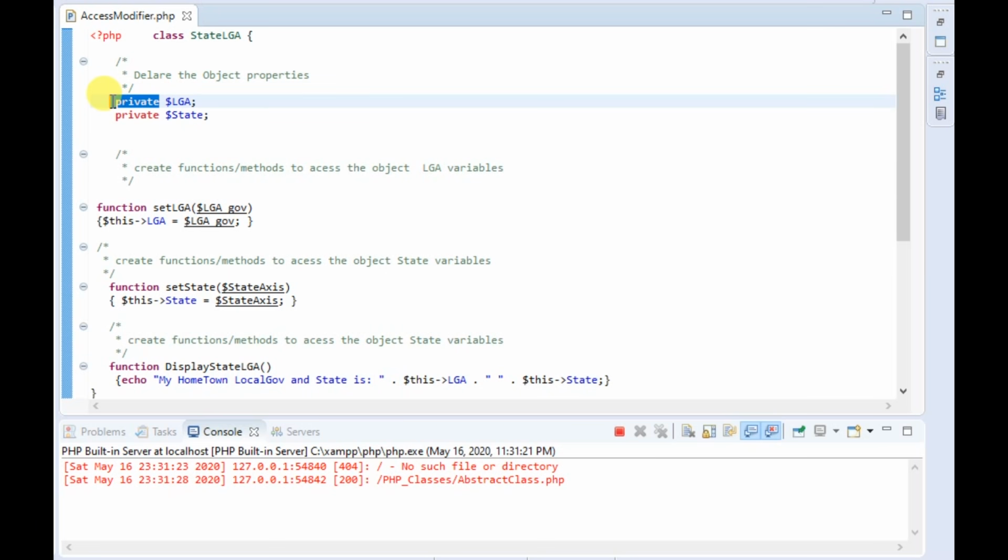Now private is when a private variable or property is declared in a class. No external class can access these variables, except if exclusively localized through a function. I'm going to demonstrate what this means in the next few minutes. So here we have a class that is called state local government area, that's LGA, and then we now have